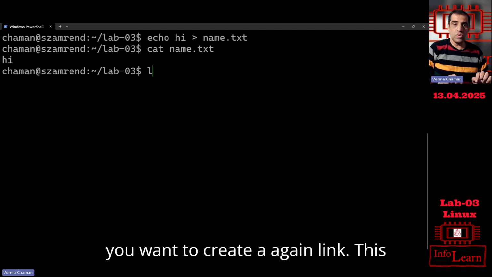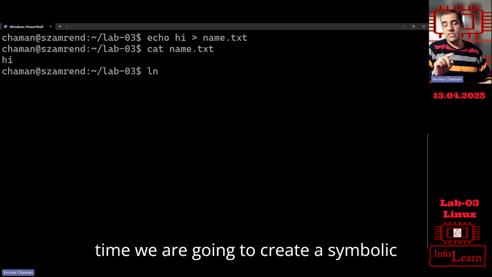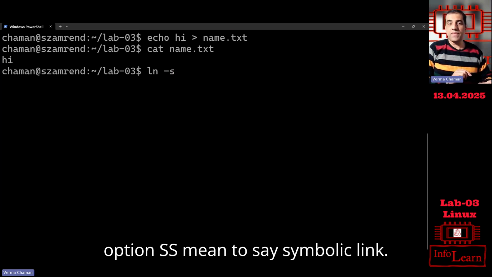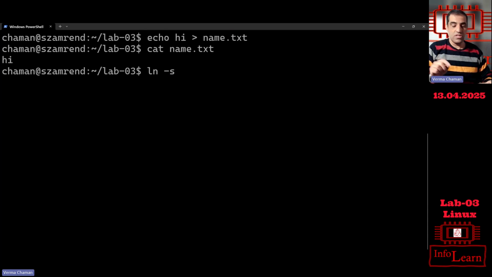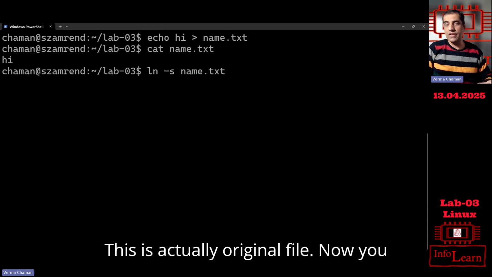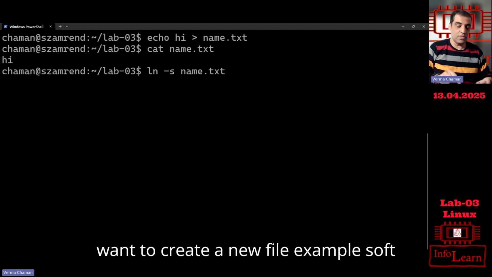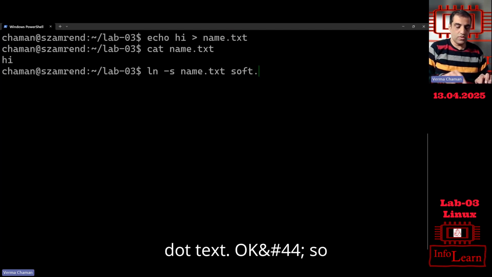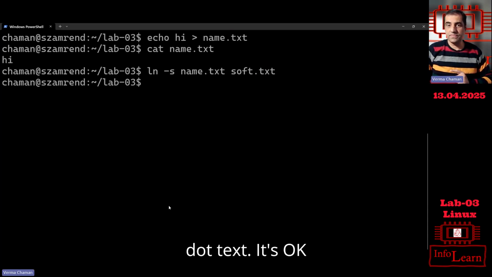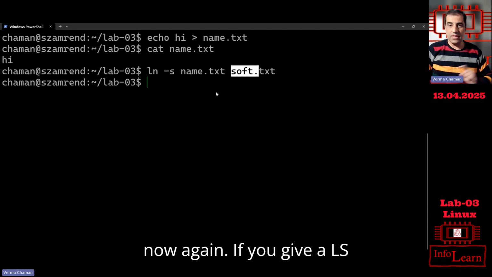Okay, now you want to create a link again. This time we are going to create a symbolic link. So the ln command with which option? -s. s means symbolic link. So what is the target file? name.txt, this is actually the original file. Now you want to create a new file, for example soft.txt. Okay, so what will happen? It will create soft.txt. It's okay. Now again, if you give an ls command,